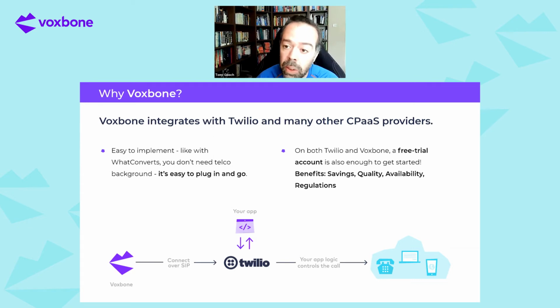And the way that this really works, if you're interested in the technicals, is that it's ultimately just a way of us interfacing with SIP. So what we basically try to do is work within the CPaaS provider's framework, through the verbiage that they provide. In Twilio, it's the TwiML code base. And we just put in the extra lines of code on how you would then interface with the Voxbone platform. And it's both inbound and outbound. You can do all these complicated use cases, but your app is really controlling all the logic. And then what we're doing is being the plumbing underneath, bringing you those savings,